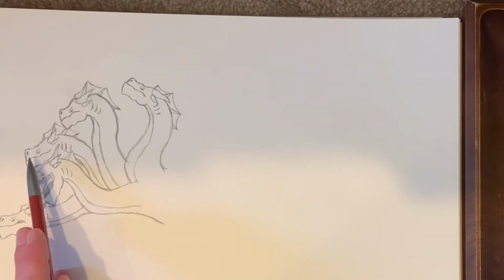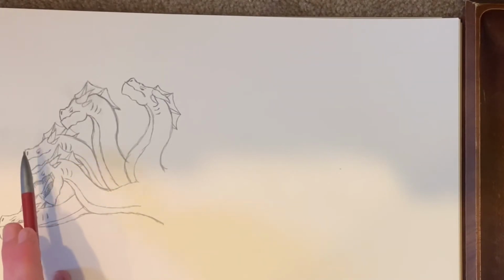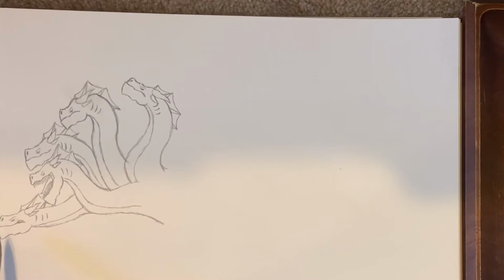This one's top left, and he seems kind of content and happy. This one is bottom left, and he seems just angry and mad. So that is kind of the heads, and I'm trying to think of how I want to get into